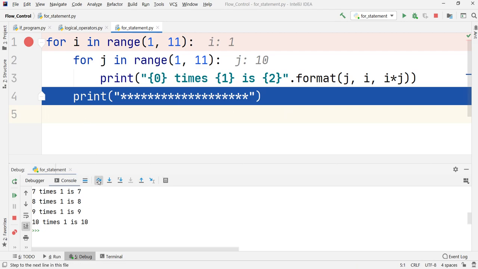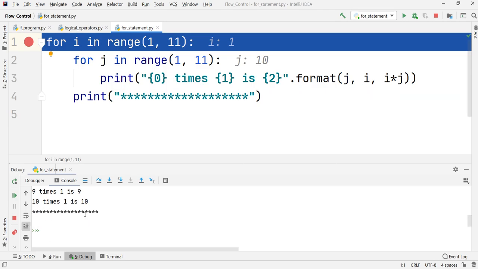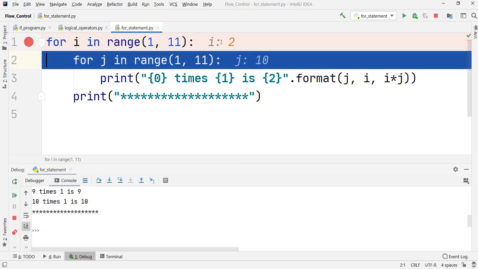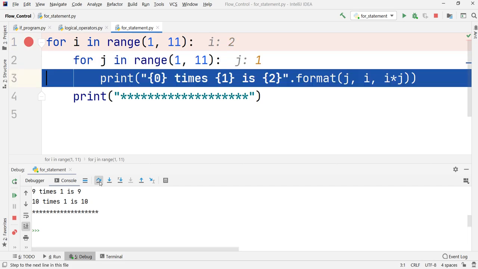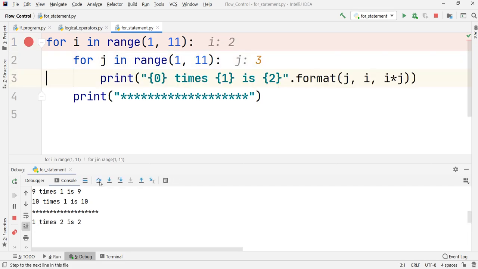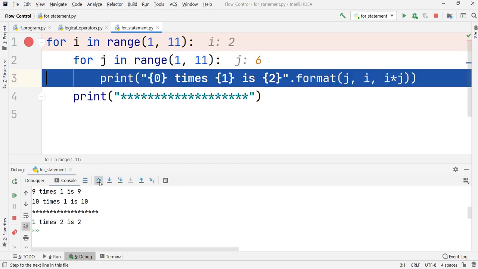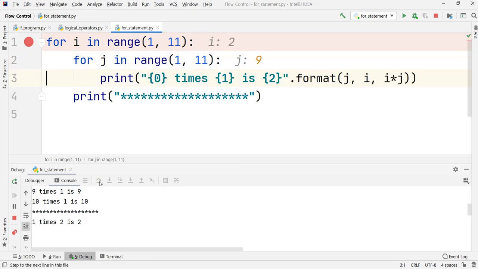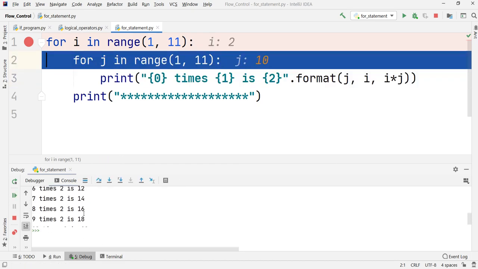When I press step over again, it will print; I'll scroll down. As you can observe, it has given me that separator. It has gone back to the first for loop. If I press step over again, it is coming inside with i equal to 2, and the same process will be executed for i equal to 2. Again j will iterate from 1 to 10, and we will get the same things at the output.